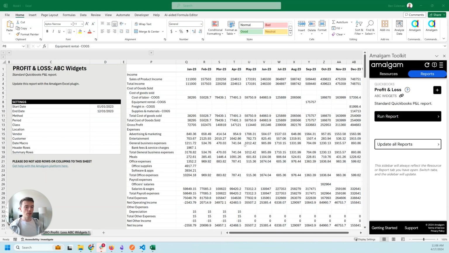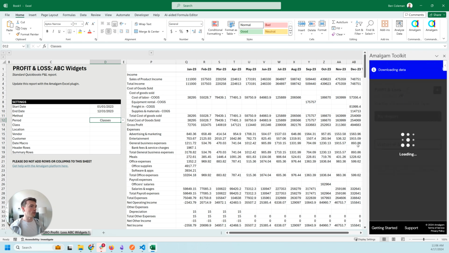In Amalgam, we've got two different ways of looking at reported data with classes. So I'm going to be looking at P&Ls in particular, and you've seen P&L. You've probably seen it with Amalgam. This is what it typically looks like. But we have the option to run it just the same as if we were doing it in QuickBooks using classes as our periods rather than